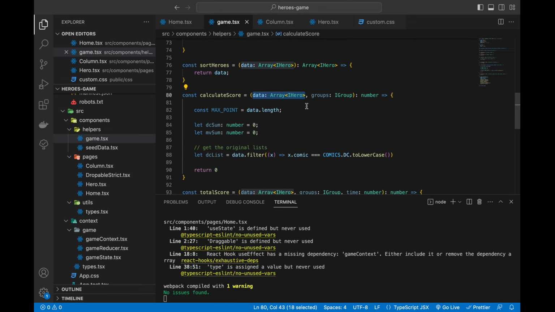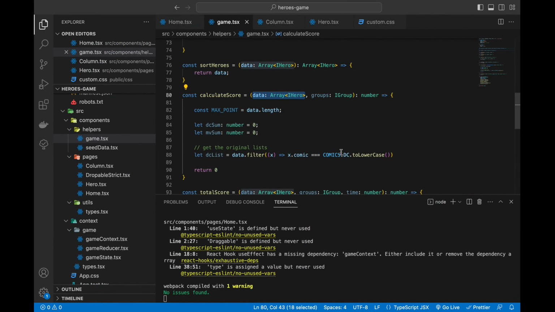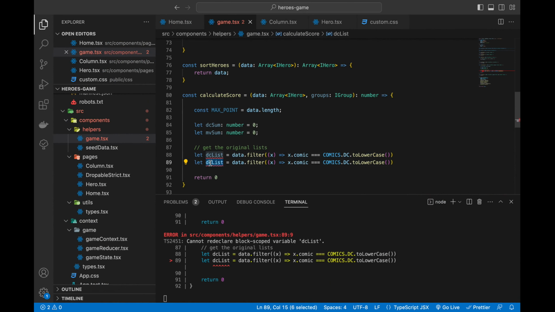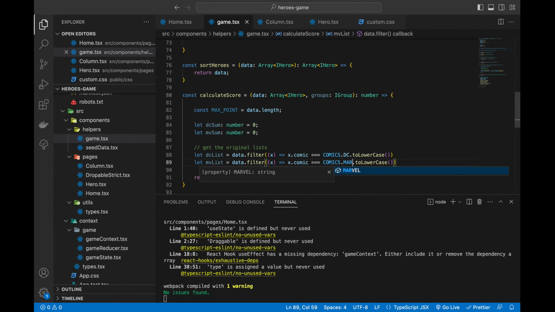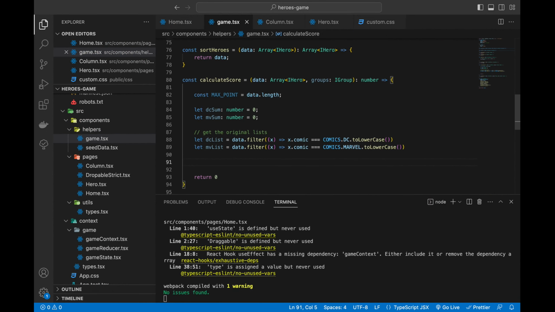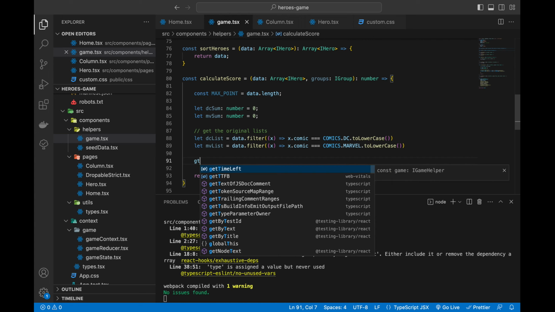Want to filter out all the list of DC heroes you've dragged and all the list of Marvel you've dragged. We want to separate the two. Okay, that's what we're trying to do here. So we're going to do mv list, and this is going to be comics.marvel. So we've gotten your DC list and your Marvel list. Now, what do we want to do with the two? We want to do some calculation. All right. So we're going to say